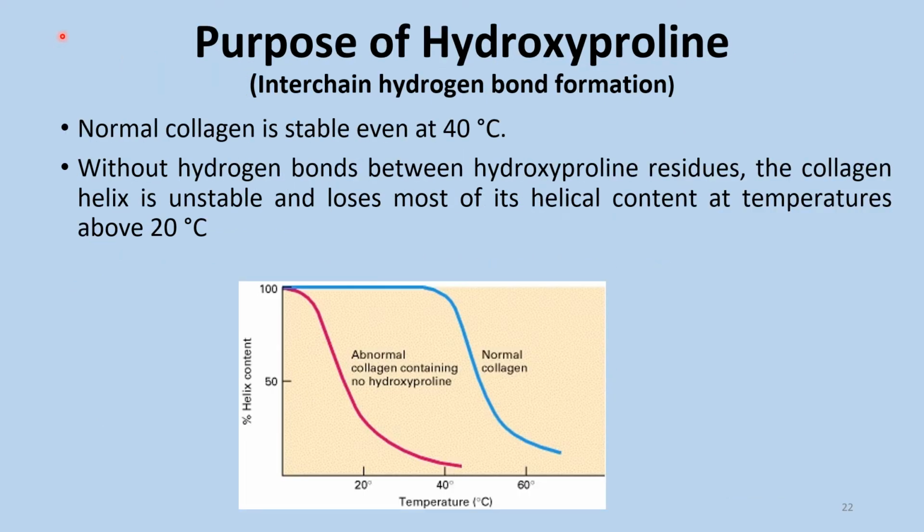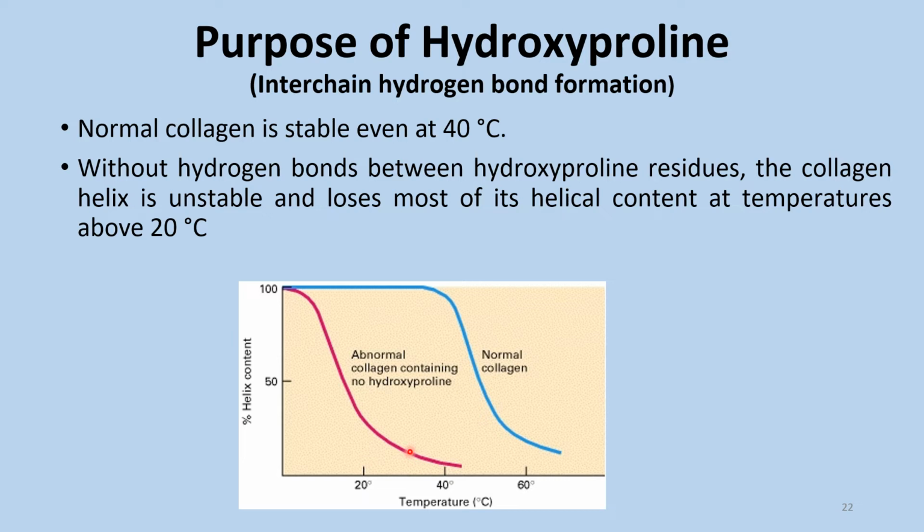Purpose of hydroxyproline. Hydroxyproline provides hydrogen bonding between the chains. The three alpha chains making the helical structure of the collagen molecule to form the superhelix is by virtue of hydrogen bonding of the hydroxyproline. If hydroxyproline is deficient, the abnormal collagen molecule is denatured and cannot withstand the temperature beyond 20